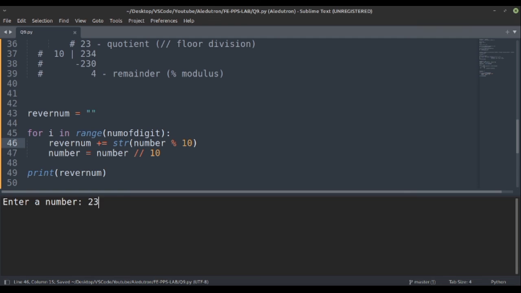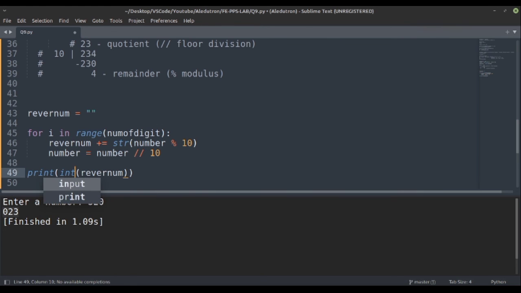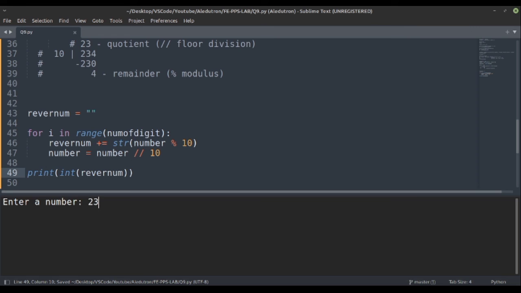So if we now run 2 3 4, it would give us 4 3 2. If we run 0 2 3, it would give the correct output. But in the reverse case 3 2 0 would return wrong. Why? Because this is still a string. So we can convert this into an int, and then 320 would give us 23.